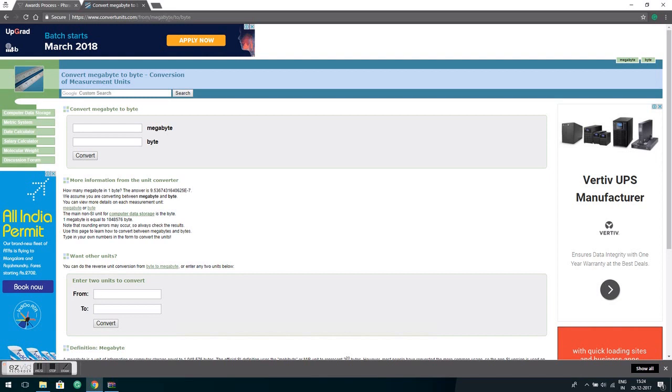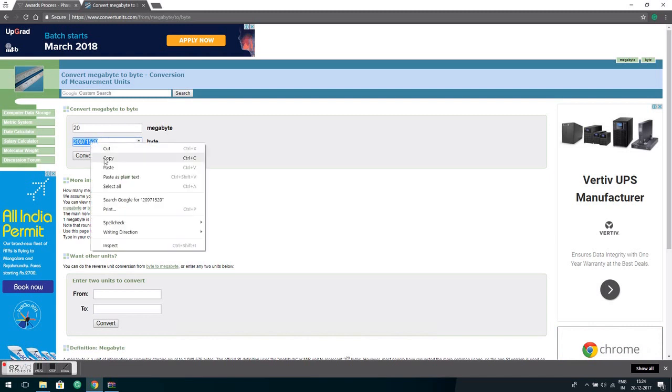so now we are going to convert megabytes into bytes, because the input value should be in bytes there. It cannot be in megabytes. So now I'm just going to give a clubbing of 20 megabytes, and now I'm getting the byte value. I'm just going to select it, copy it,